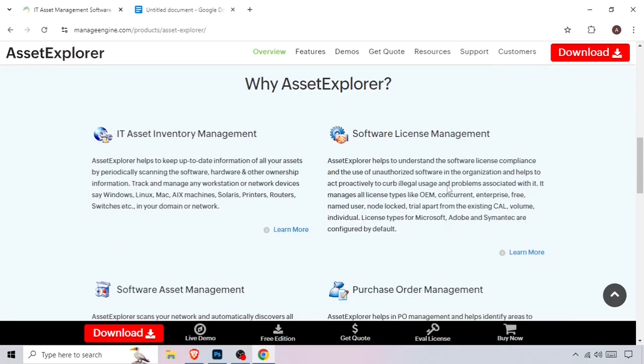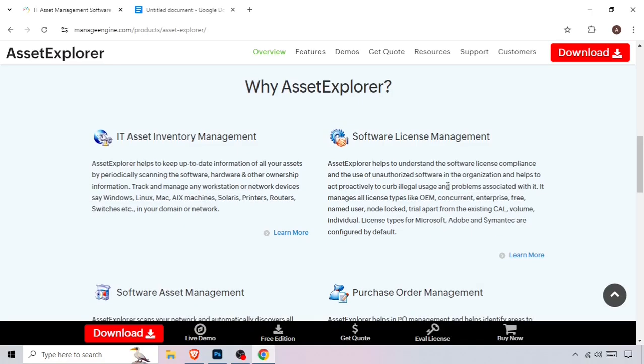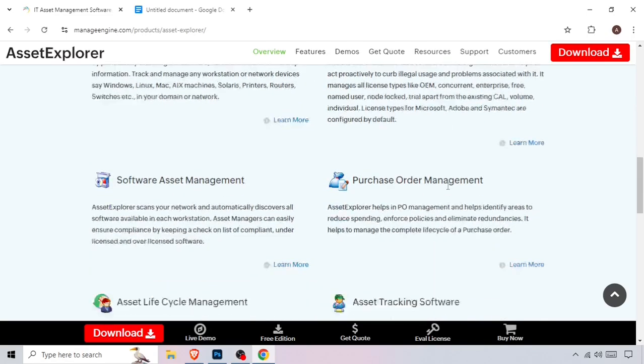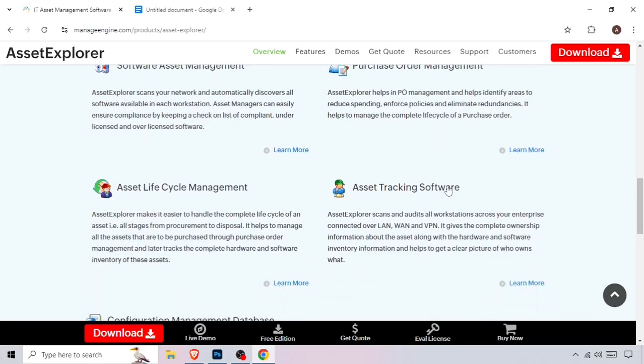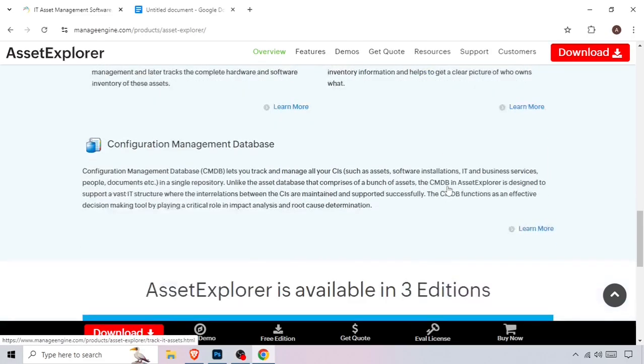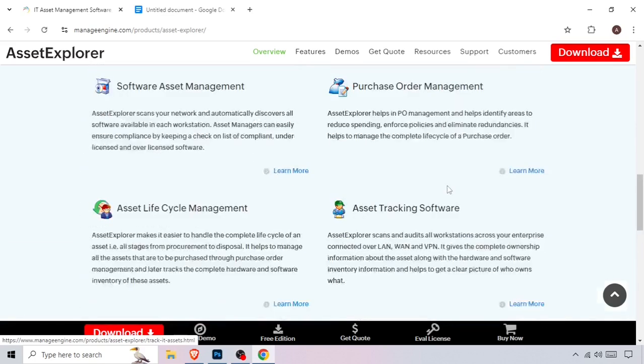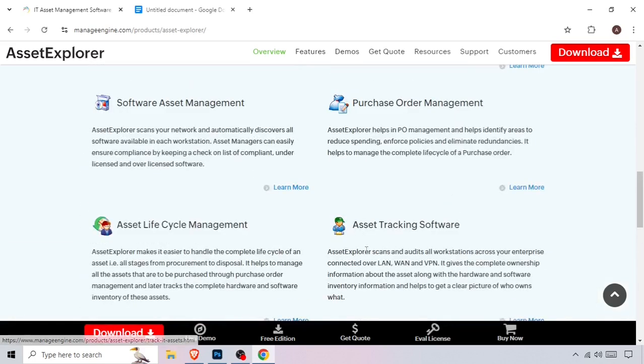I am going to explain some of their key features to you. Here is the first: asset discovery and inventory. It automatically discovers, scans and tracks hardware and software assets within your network, providing detailed inventory management. Software license and compliance management: it manages software licenses, ensures compliance and tracks renewals to avoid over